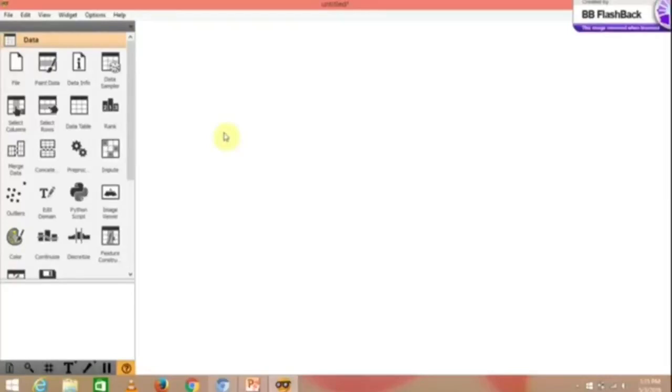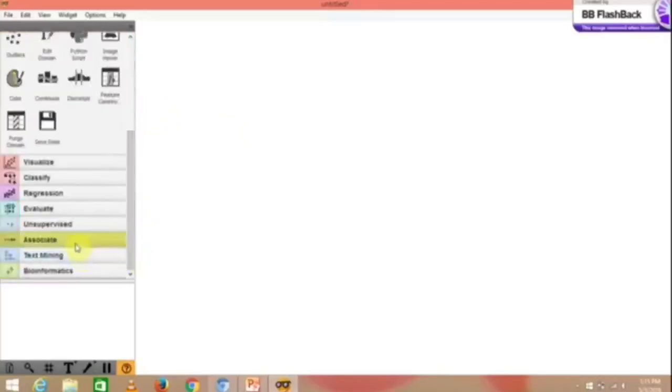It also contains add-ons like associate, text mining and bioinformatics. If you want some other add-ons, you can install them by clicking on the option add-ons.